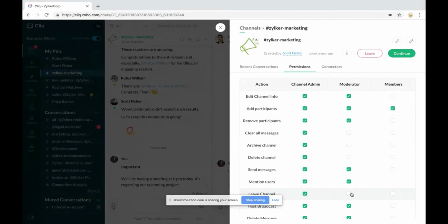So each user in a channel has a specific role. Based on these roles, permissions can be enabled for users. There are 4 roles that users can be categorized into: super admin, admin, moderator, and member. The admin or super admin can configure different features for moderators and members. So in this channel, Zelka Marketing, the leave channel option has been disabled for moderators and members. So it simply means that no one can leave the channel without getting the consent or approval of the admin. So these channel permissions that we saw now are our 11th feature.